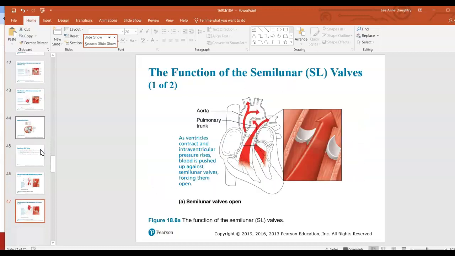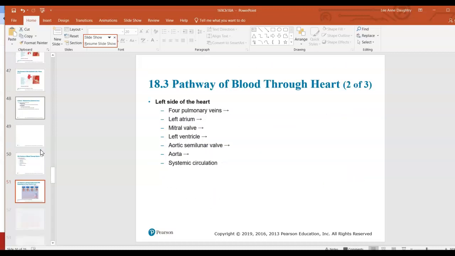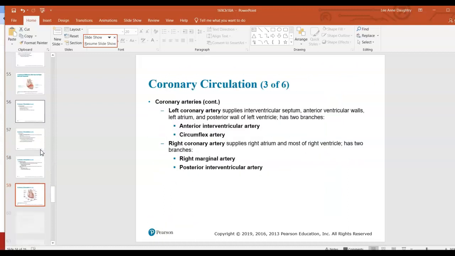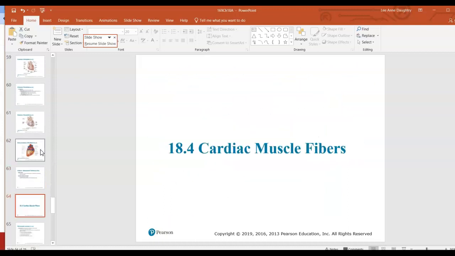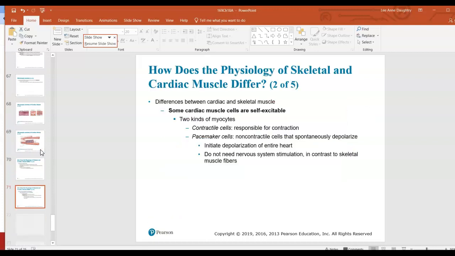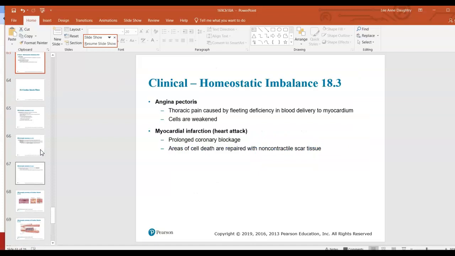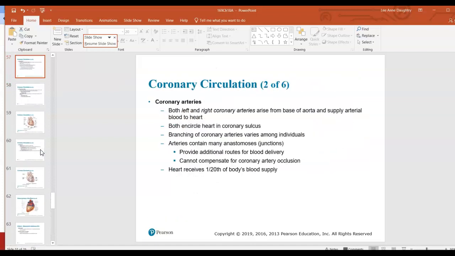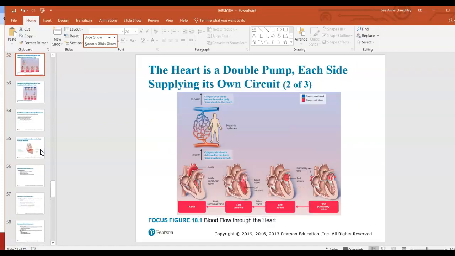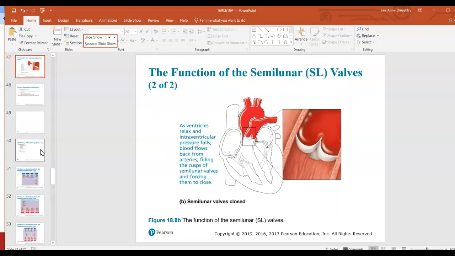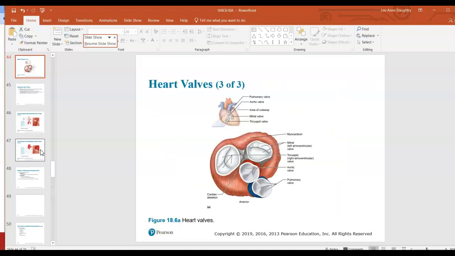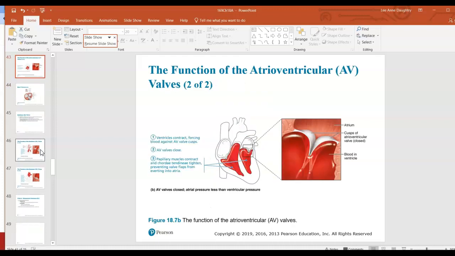Let's see. I thought it was in this one. Okay, well there's only one other thing I can think of, and that is I do want to talk to you about the mitral valve and problems that you can have